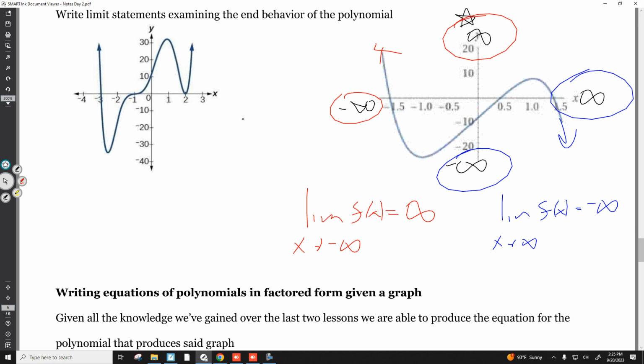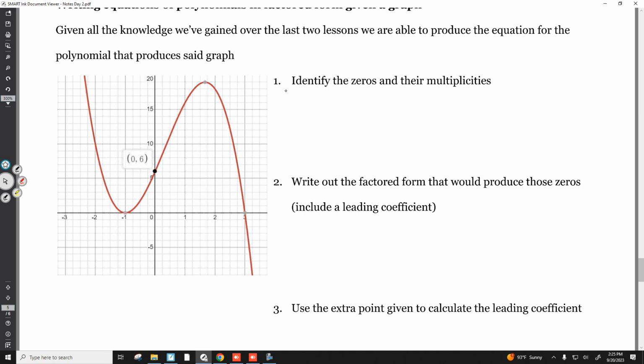Cool. All right, that's 2/3 of the lesson and the last third. Now that we know everything,